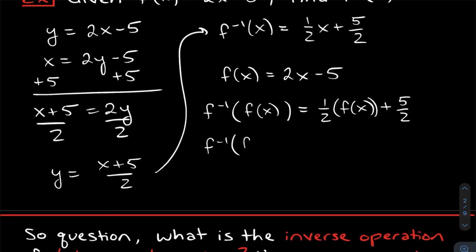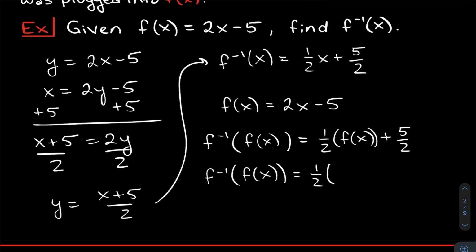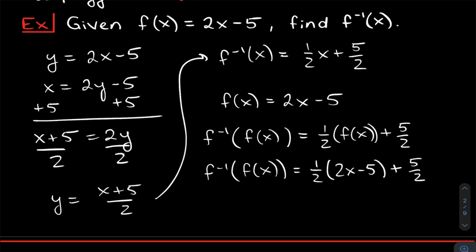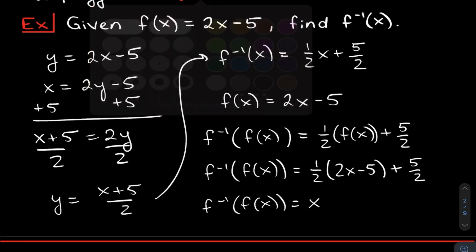And well, what is f of x? f of x is 2x minus 5. And so let's plug that in. And so when we do that, you can see that we get, well, you have a 1/2 times 2x, that's going to give you x. And then you have a 1/2 times negative 5, that gives you negative 5 halves. Add 5 halves to that, and you get 0. And so what ends up happening is,